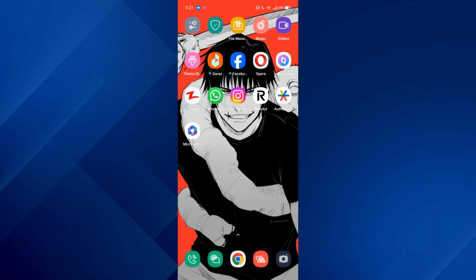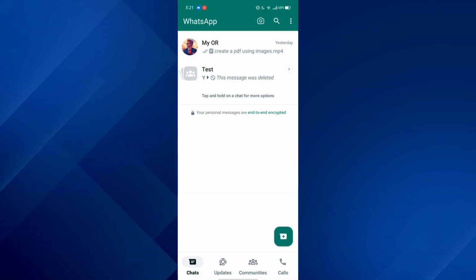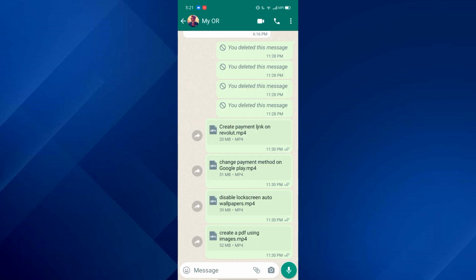First of all, open the WhatsApp application on your mobile device and make sure it is updated to the latest version available. After that, you will be redirected to the chat section where all of your recent conversations will be present. Now, access the target chat, and the first indication of you being blocked is if you try to view